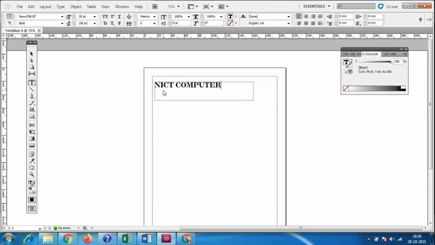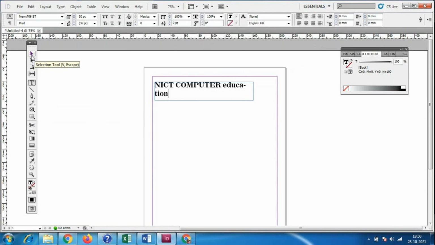Now the situation is, I have typed it like this: NICT computer education. The thing is, the word education is coming over here. Suppose we want to make this text in a single line.